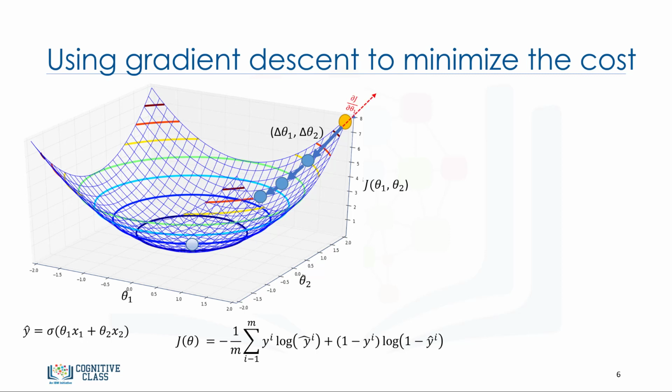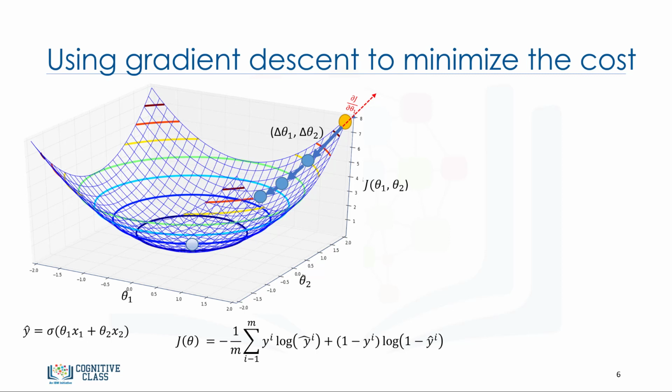Now the question is, how do we calculate the gradient of a cost function at a point? If you select a random point on this surface, for example the yellow point, and take the partial derivative of J of theta with respect to each parameter at that point, it gives you the slope of the move for each parameter at that point. Now, if we move in the opposite direction of that slope, it guarantees that we go down in the error